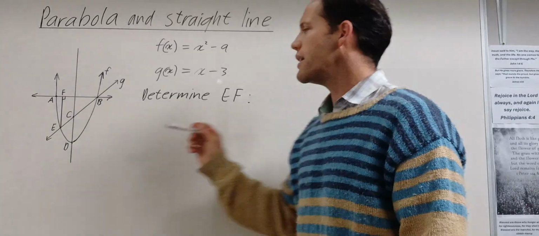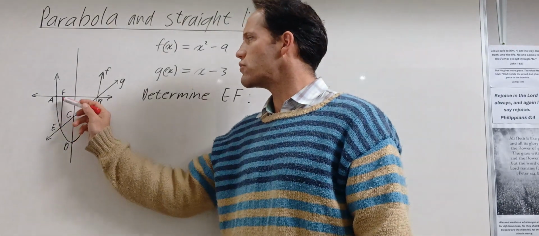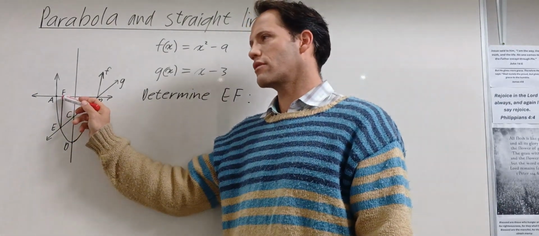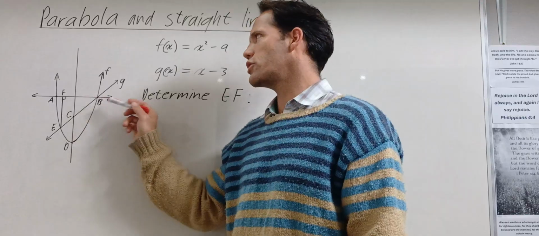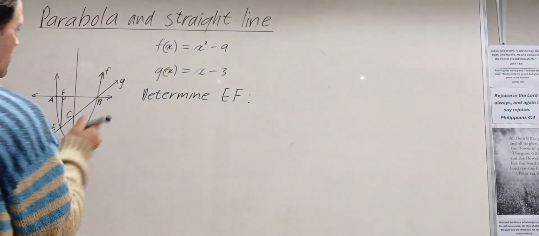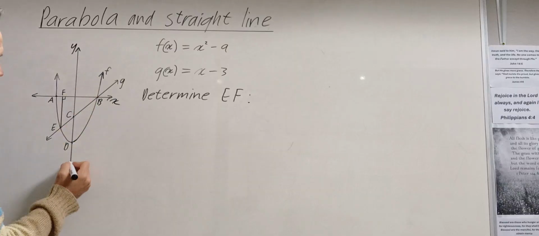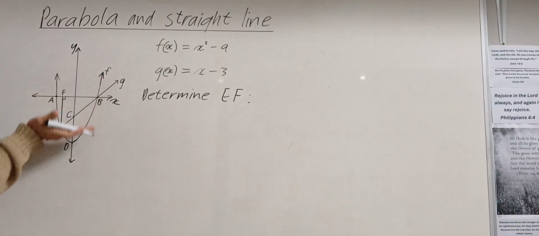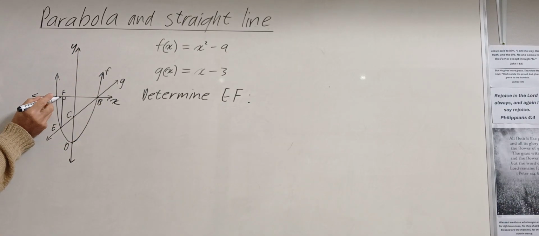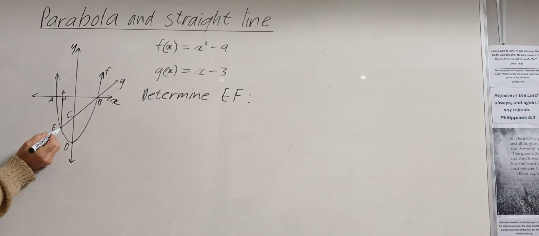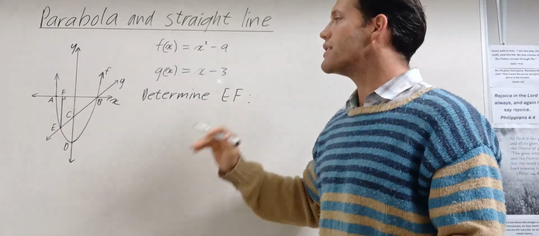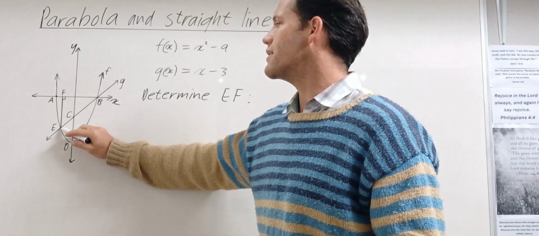The next question is to determine EF. Okay, EF is from there to there. Obviously, F is 0 because it's on the x-axis. So when you're on the x-axis, okay, you're still at 0. So there's your x-axis, there's your y-axis, and if you haven't gone up or down, F must be 0. But we need to find E to subtract the two and find the distance of EF. Okay? So we need to determine EF, which means we must first determine E.